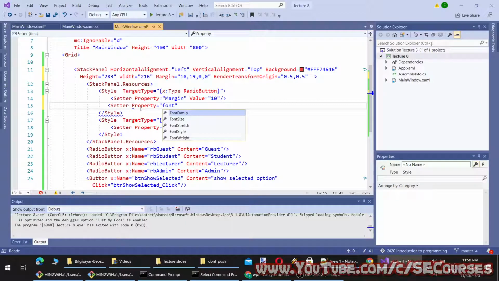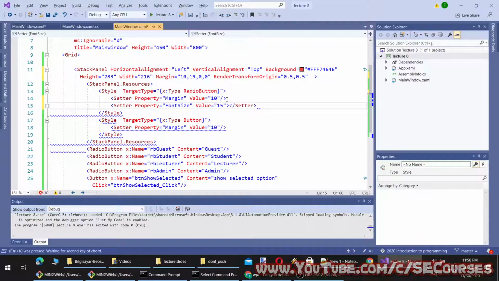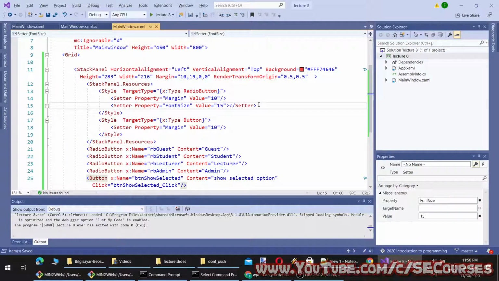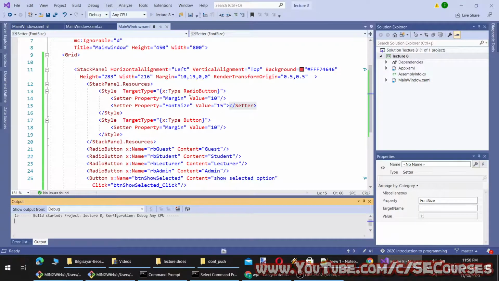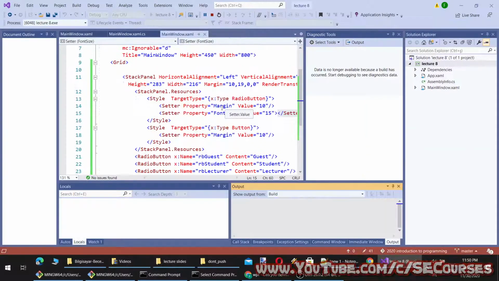It should automatically have font size. Okay, value is, let's say, 15. I could also make this by 1y, but I will show you. By the way, you see you can close the shader like this or like this, both is fine. So this will be applied to all radio buttons, and the value font size will be 15.